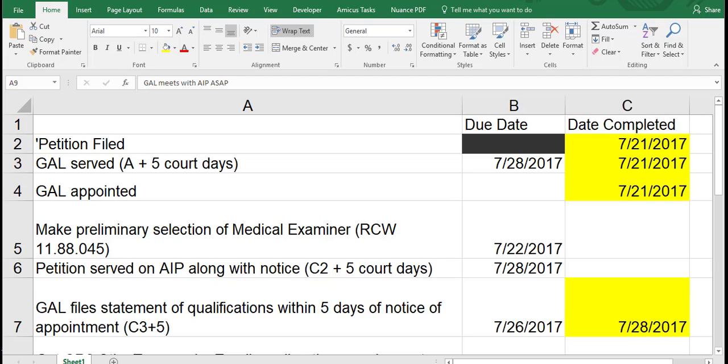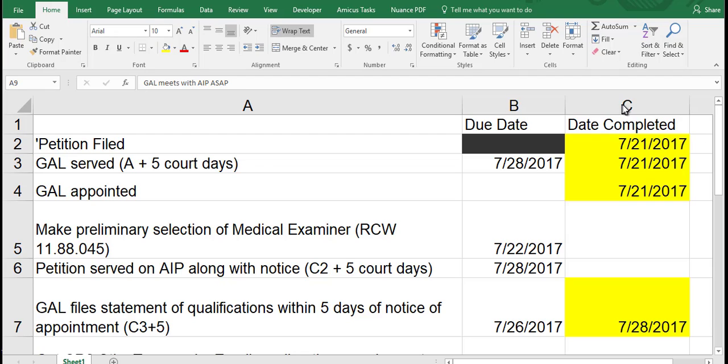We've put the timeline with the relevant court dates due onto a spreadsheet. So in column B, you see that there's a due date. This is when things should happen, or the deadline that the statute requires. And the statute is RCW 11.88. Some of these have citations to the statute to help you locate specifically the section. And then in C, you have when the event has actually occurred.